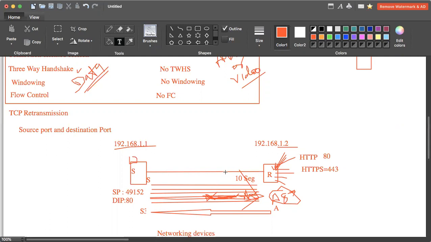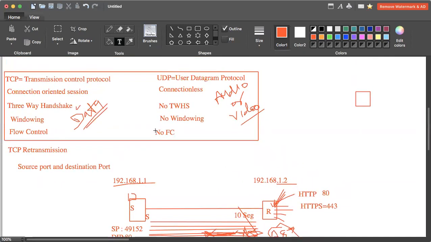Right? So this is the difference. Now I was telling you, normally the TCP protocol is used whenever you are sending data. UDP is used for audio or video. Why? Because in audio and video, we do not need acknowledgement, isn't it? Even audio and video should have a very fast response. So that is the reason UDP is used for audio and video, because there is no point in retransmitting the audio